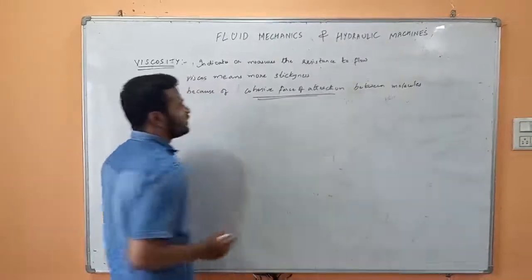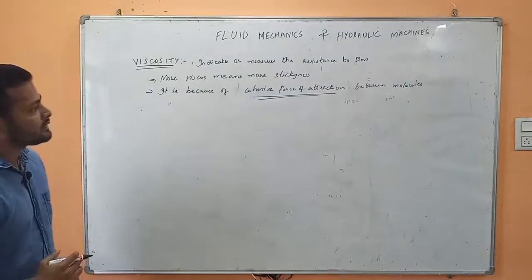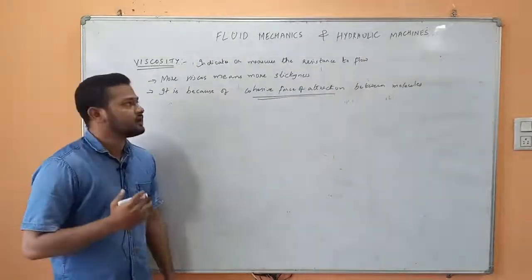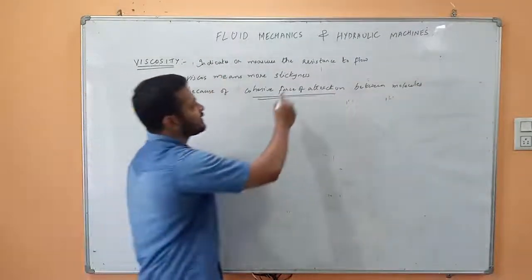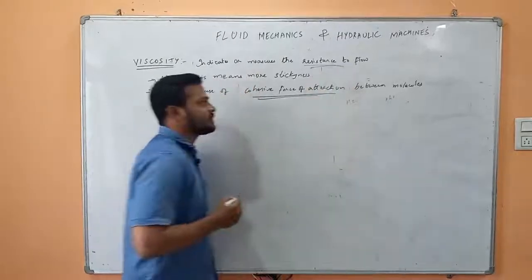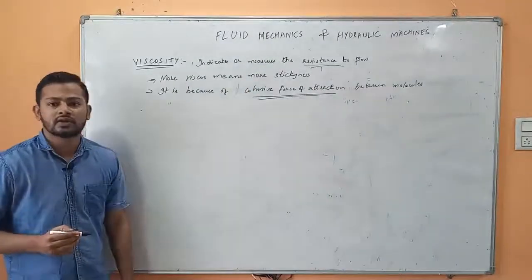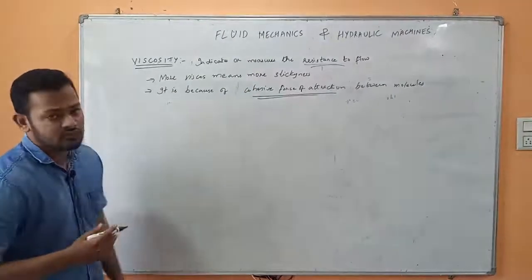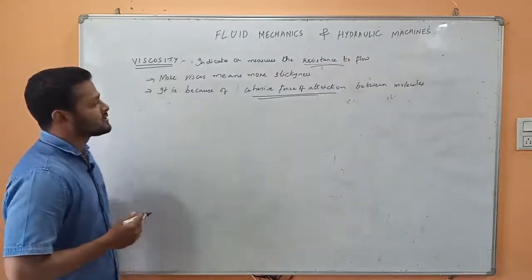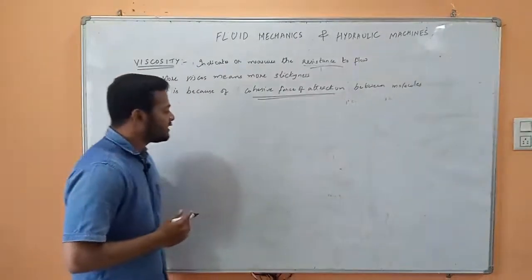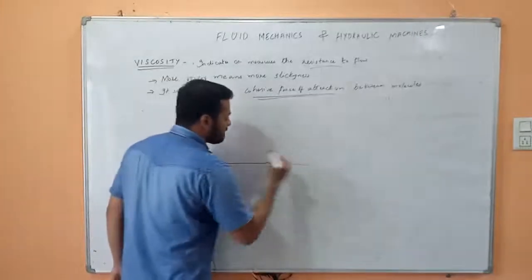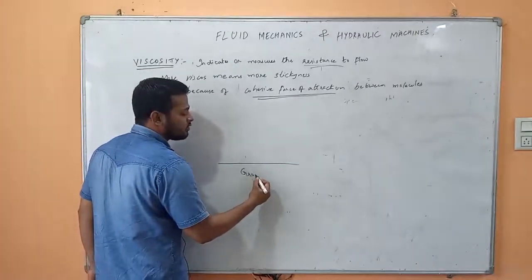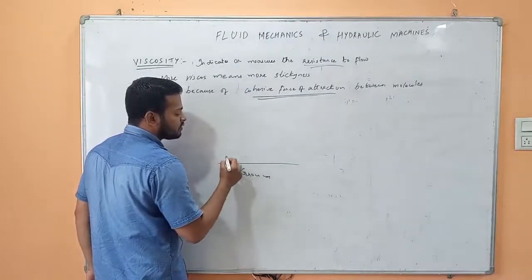This is very important. Often people get confused with the resistance. They often think that resistance here is the same as the case which was in friction. The frictional resistance is very much different than the viscous resistance. In order to understand in a better way, let's take one simple example. Let's say this is ground, and on this ground you have water.